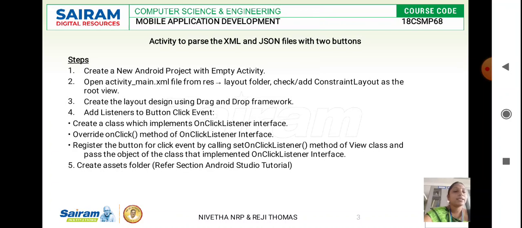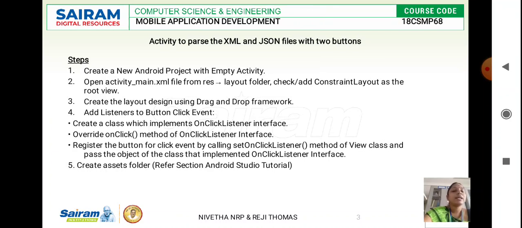It varies upon the input. When I click one button, it has to trigger that button's activity. Next time I may go with the other button, so we have to override onClick. So what is the click we are going to perform? It has to listen. For that we are using the OnClickListener interface to execute the button we are choosing. And then we are registering the button. What is true and what is false over the button, we are giving that in the data.